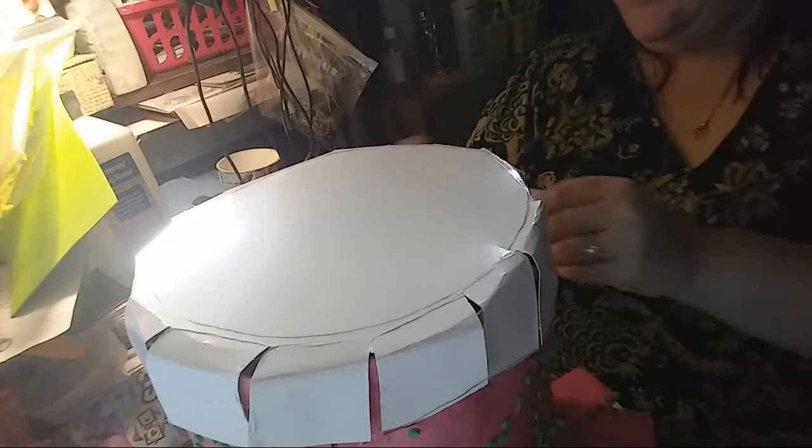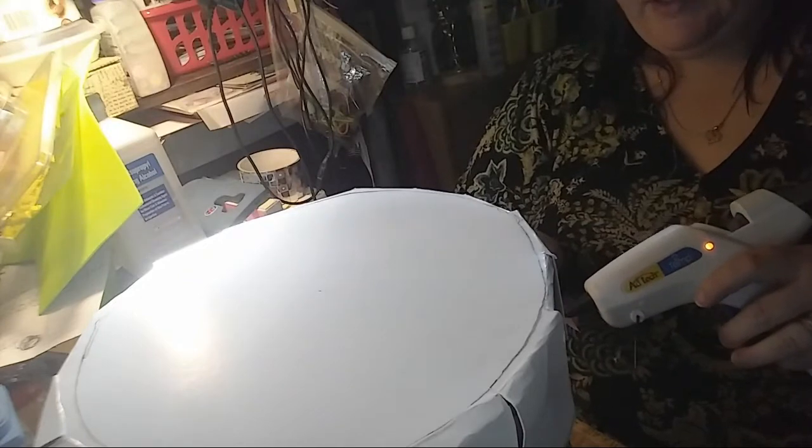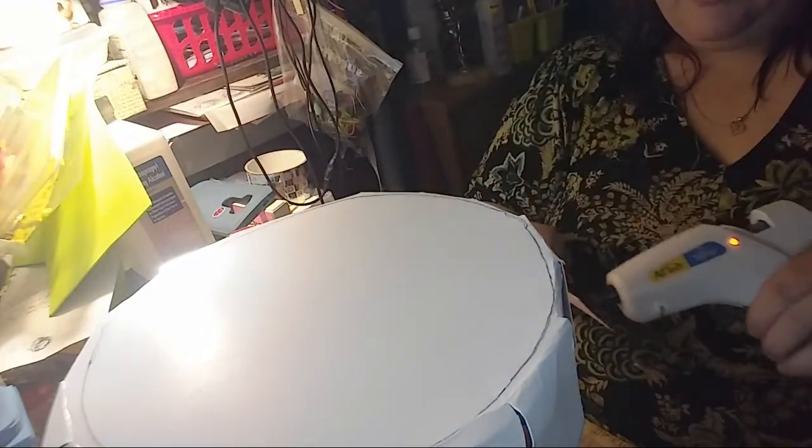My husband, when he was helping me do this last night, he kind of freaked out. I'm just covering that cardboard piece that I added last night now with my little cards that we cut. He thought I was going to be mad because he broke my brim and made it wavier than it was before. And I told him, no, I actually like it a lot better. I said, I'm not upset at all. And he was so relieved